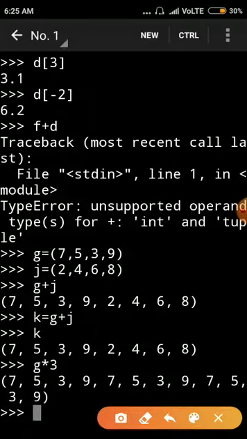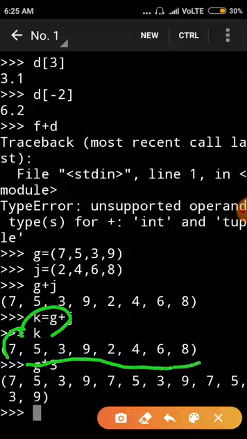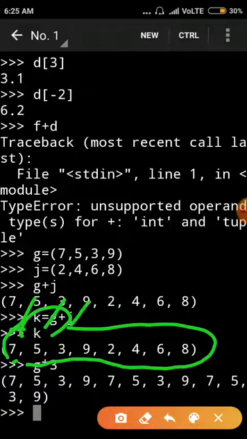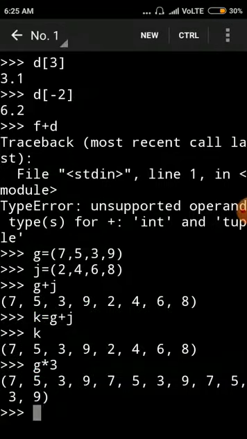Okay, I will take this tuple k. The elements of k are these. Now if we want to access only 2 and 4 from this tuple, we use the slice and give the starting and ending position. So the starting position is 0 1 2 3 and 4, and this one is 5. So the starting position is 4 and the ending position is 5.